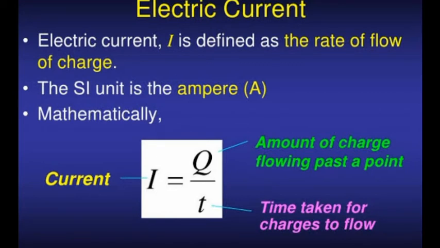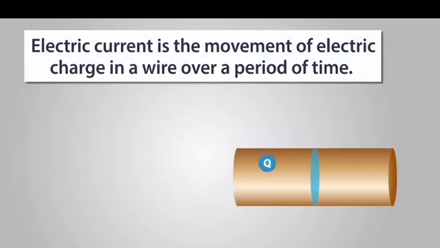And how can we mathematically express this electric current? Electric current I equal to amount of charge flowing through the conductor in a given time. So, amount of charge divided by the time. Electric current I equal to amount of charge Q divided by time small letter t. So, I equal to Q by t. Another simple definition for electric current is it is the rate of flow of electric charge.